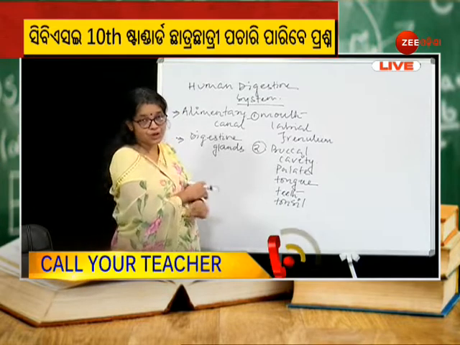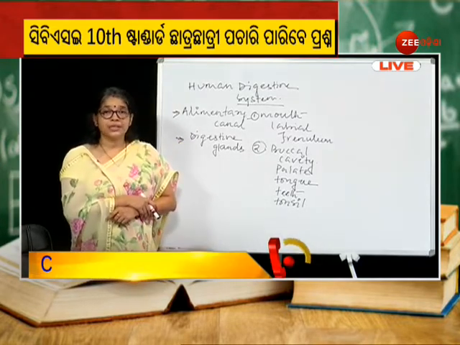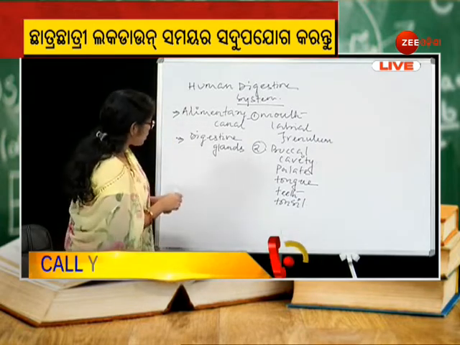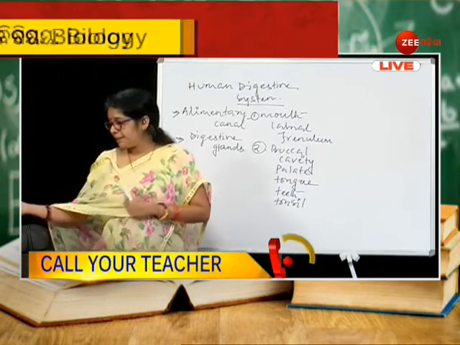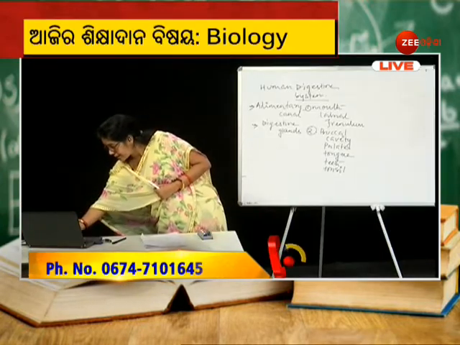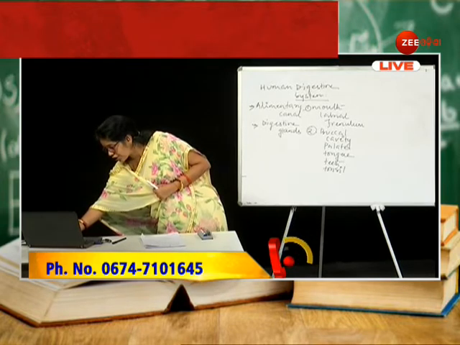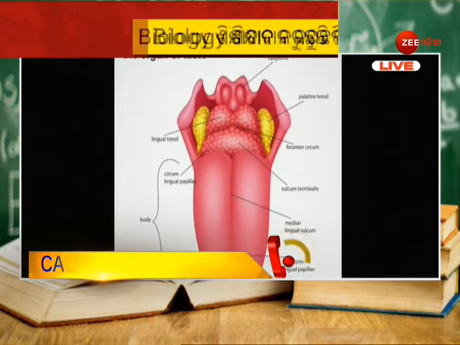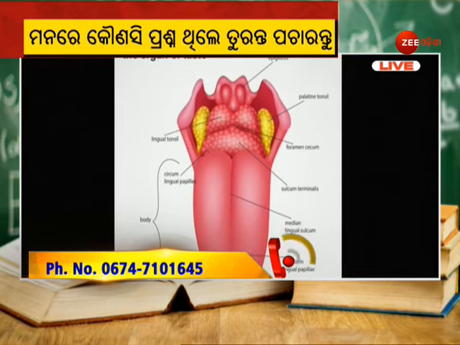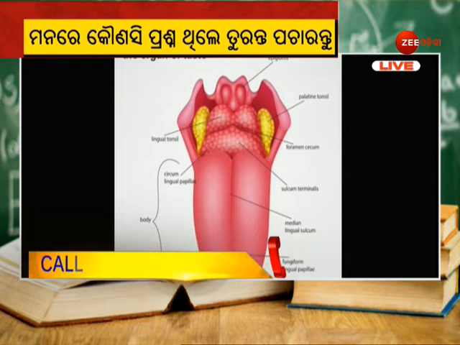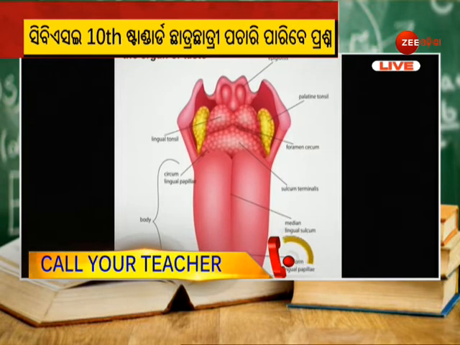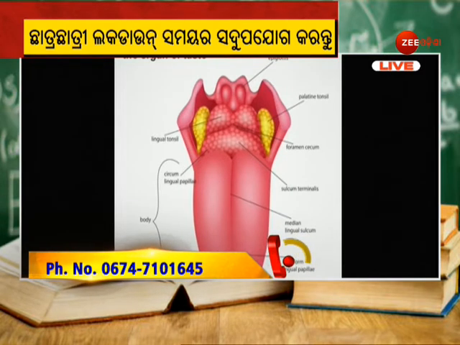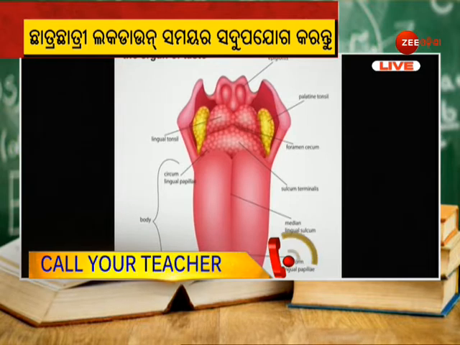Then the next one is the tongue. The tongue forms the floor of the buccal cavity, and it is a muscular structure. Let's see the PPT. This is the structure of the human tongue. In the case of the human tongue, it is a muscular structure which forms the floor of the buccal cavity, and it is not smooth, but has a number of elevations,